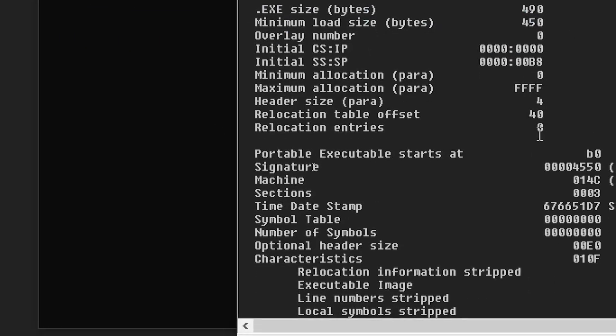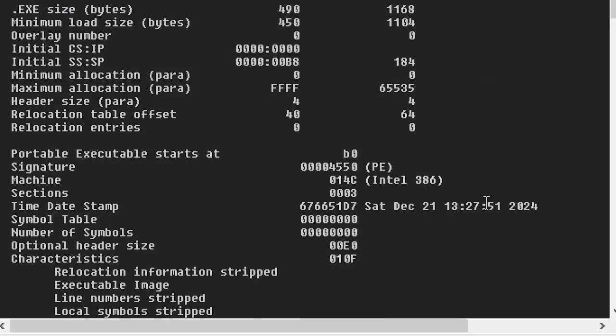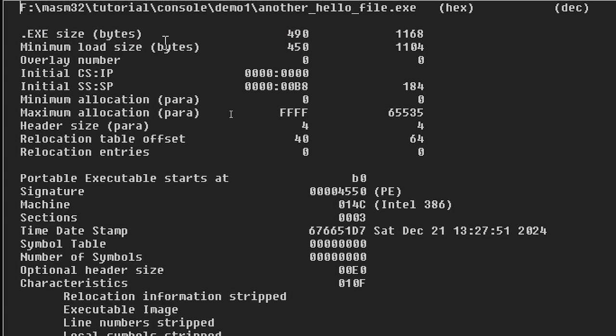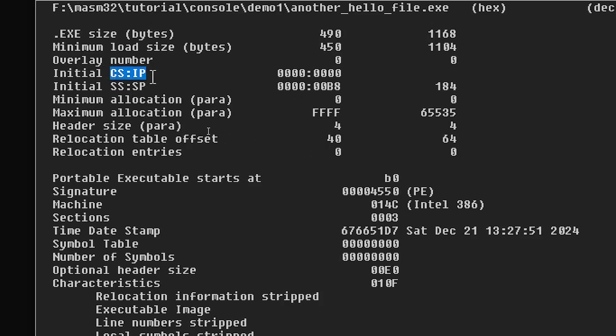Wait a moment. You see, these are the headers, the one I'm telling you. Code segment and instruction pointer. Stack segment and instruction pointer. So the code CS:IP. Starting with the code,